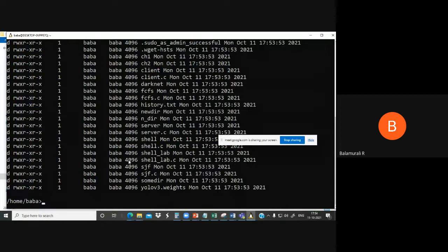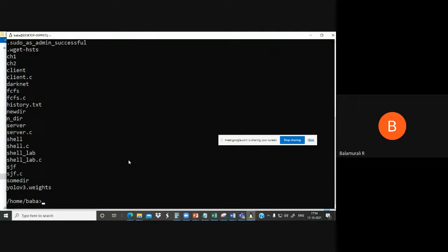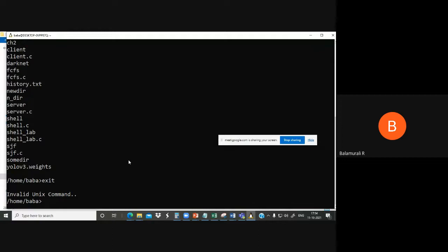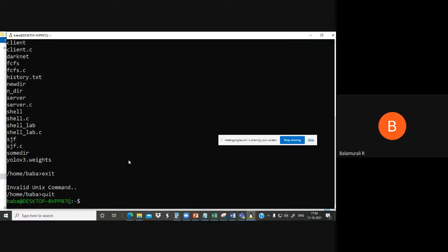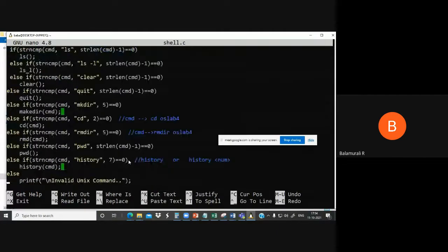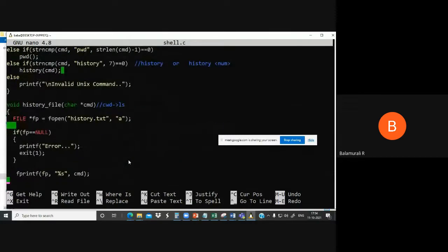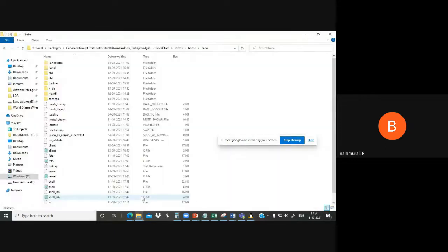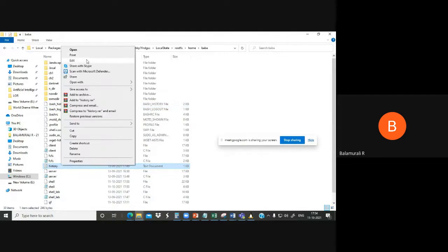Okay, it's coming. So I think there is something I have to check. Maybe that file is not here. Maybe something like that. Yeah, it contains the file history.